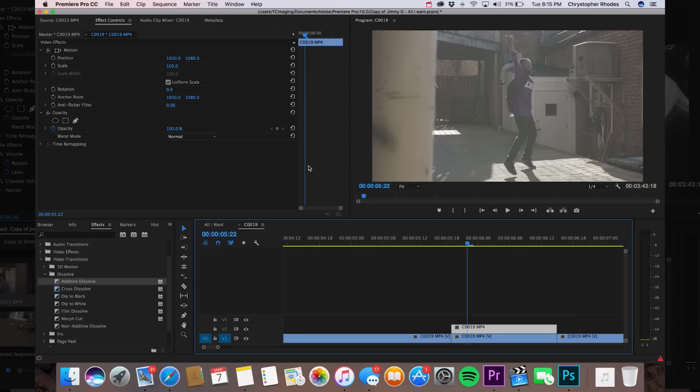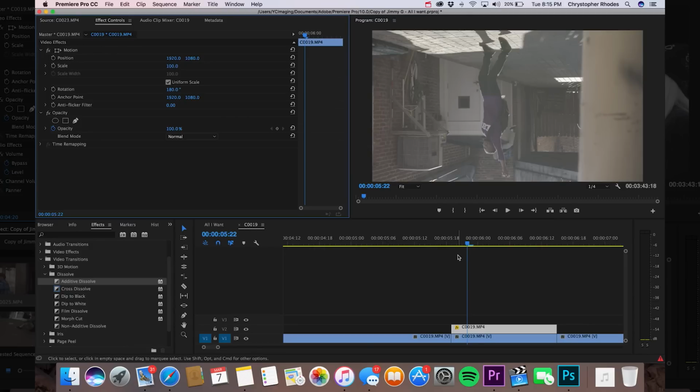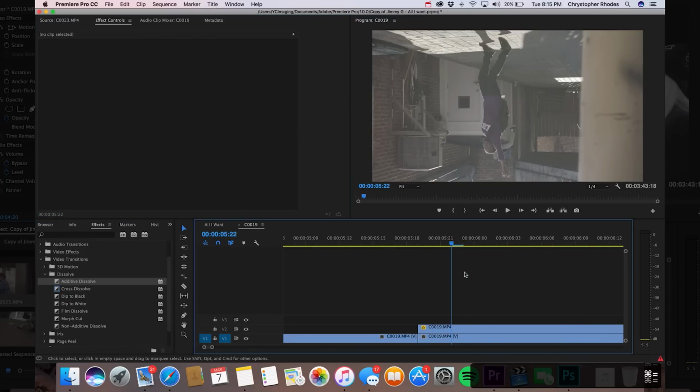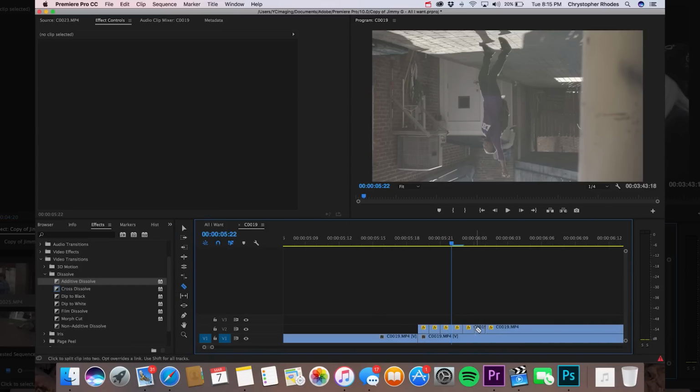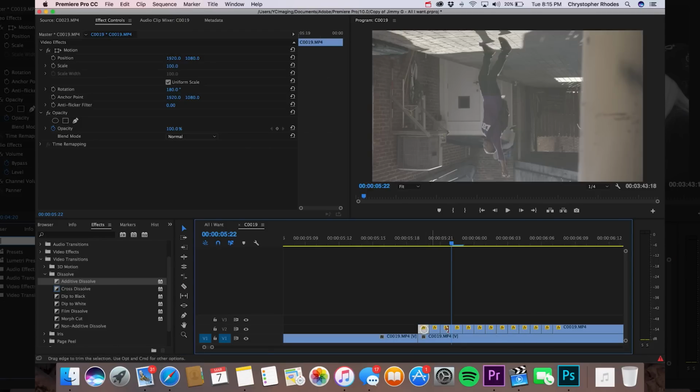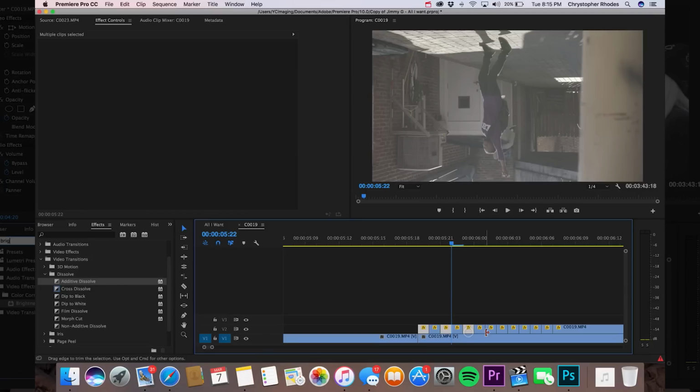And a few different ways that I like to do this is we can do the rotation one. So let's just rotate this 180 degrees, which is gonna flip it over. And if we zoom all the way in on the timeline, like I said before, grab our razor tool, cut each frame, and we cut out every other one. Basically what this is gonna do is, on the hi-hat cuts, every other one is gonna be upside down, which gives it a cool effect. So we can do that. Let y'all see how that looks.